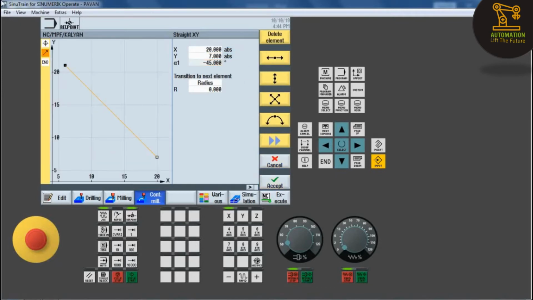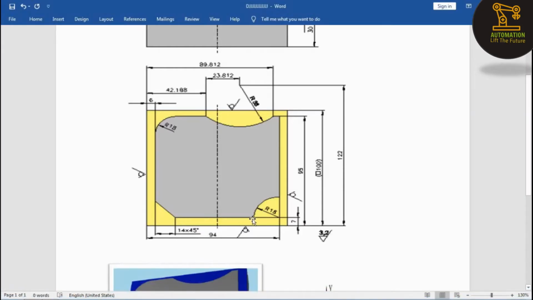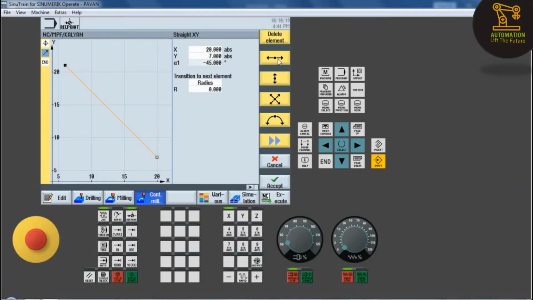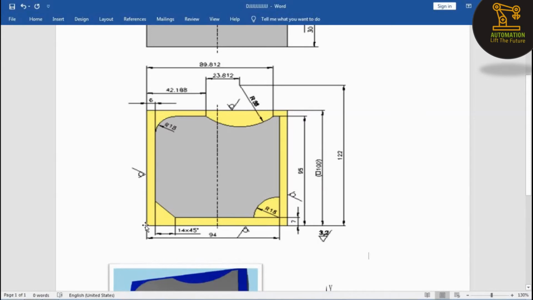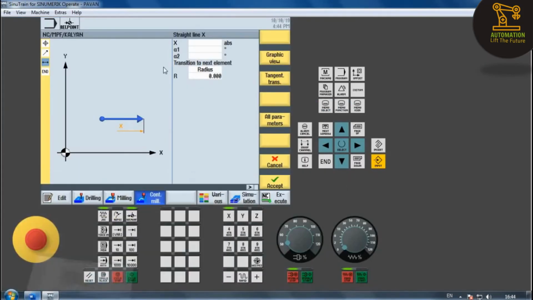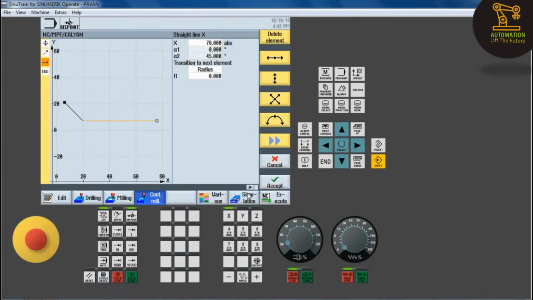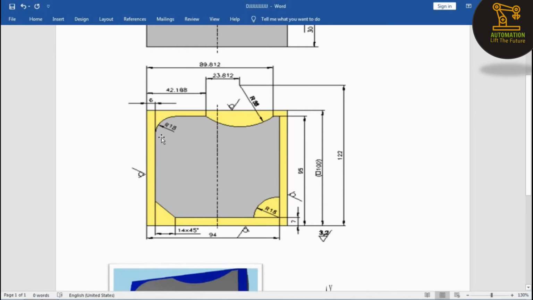We have to mention x 20 and y is 7, and then accept. Then this is the chamfer from the starting point, and this is the next horizontal position, horizontal motion. In horizontal motion, x from the reference point is 76, and then from the reference position